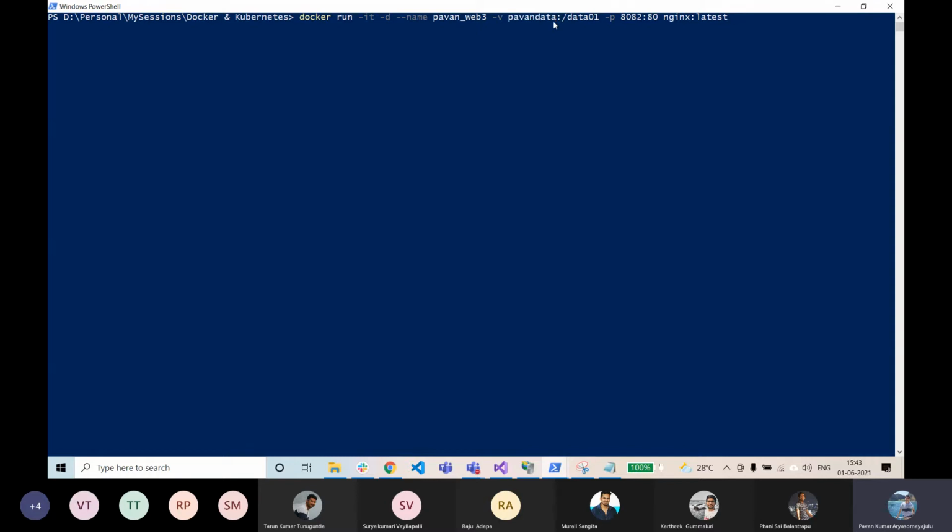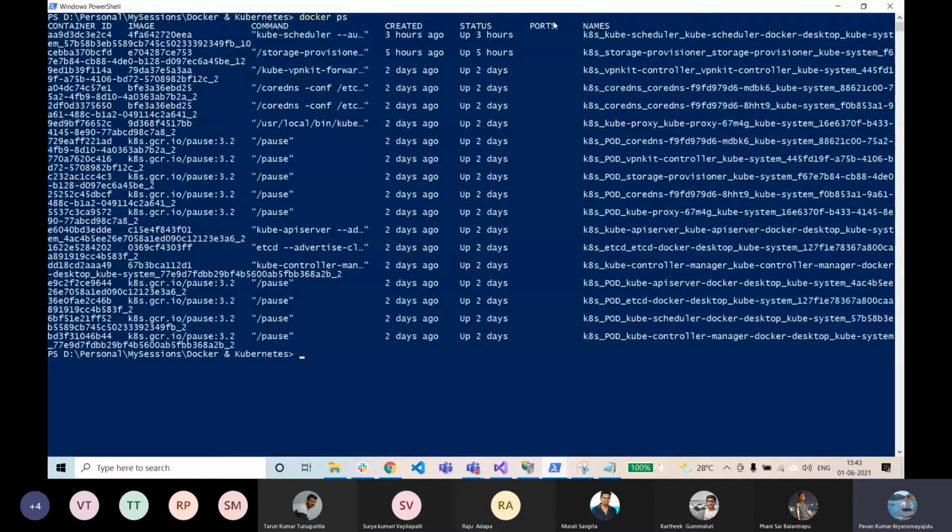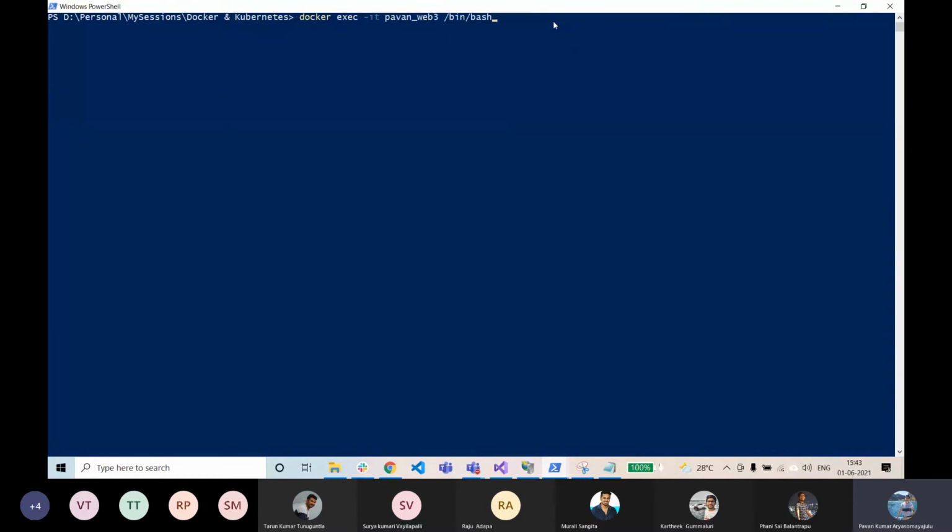So let's say, I'll just show you. It's just like a hard drive, some data stored associated with that volume. We don't actually have any containers, right? So let me create one container. Now I'll just have pawan_data1.